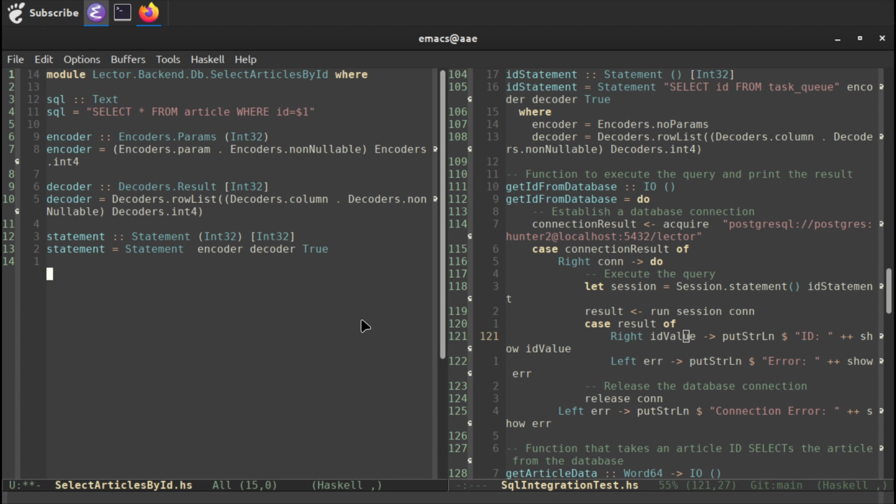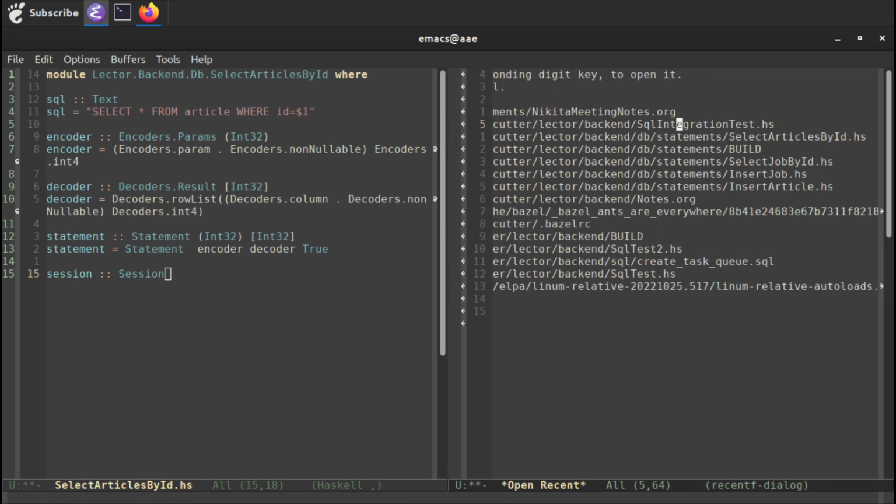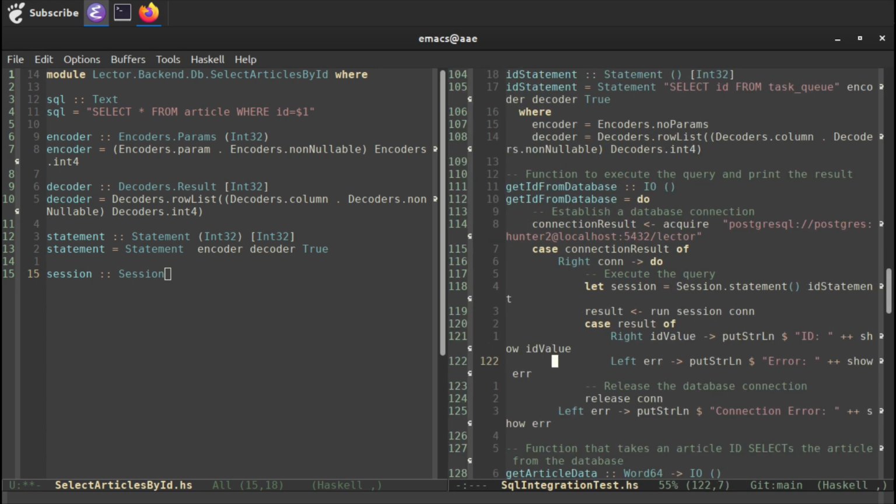I think that a session is just the session statement stuff, right? So we have this session, and I guess this should be a thing that returns type session. And I'm not sure really how to do that, but I think that